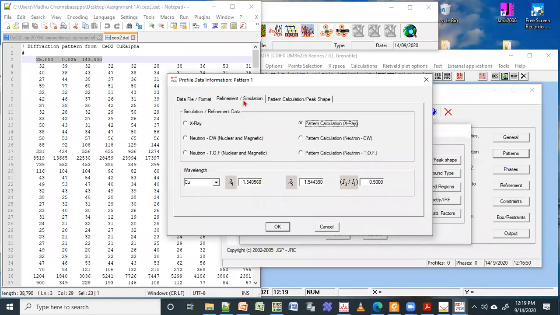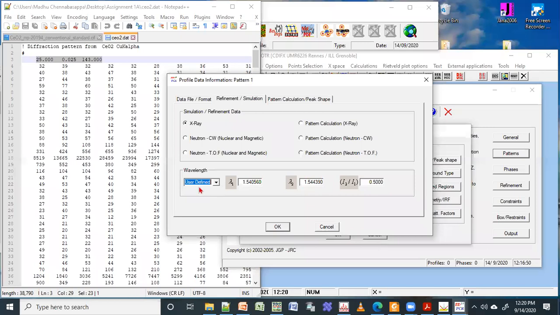I'll go to next tab. So next tab, it is saying, okay, pattern calculated X-ray. So this is for calculated patterns, but we are doing lab XRD. So I have to select this lab XRD. Again, you can see here what kind of radiation. Okay, if you are using silver, molybdenum, you can click here. Okay, if you click here, by itself it will take. Okay, if I am using nickel or what kind of radiation. Okay, so you can also have user defined.